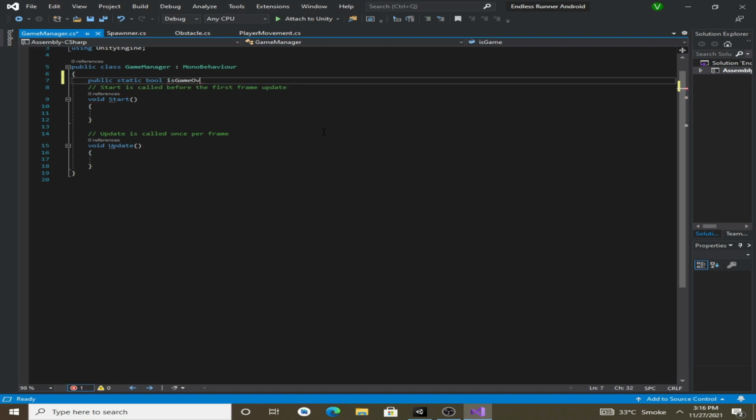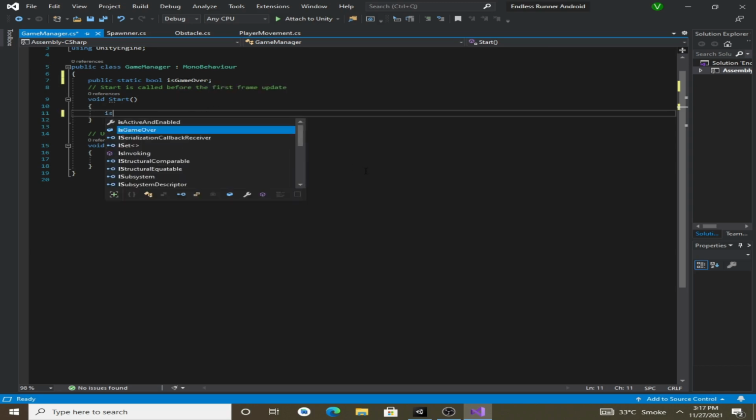Whenever our game is over, this variable will be true, and at any other time this variable would be false. So whenever our game starts, this game over variable should be false. So let's set isGameOver to false.